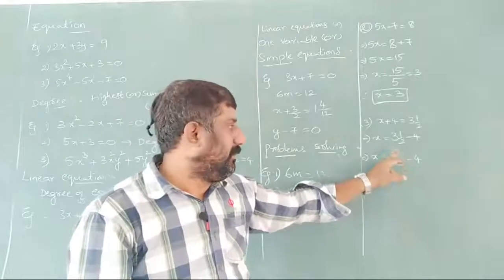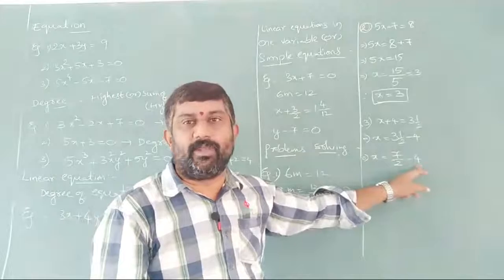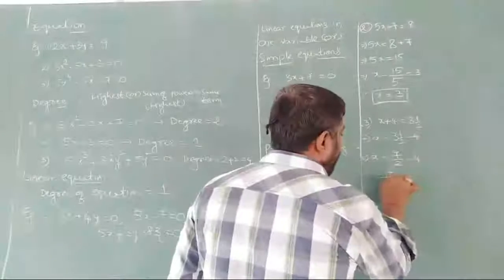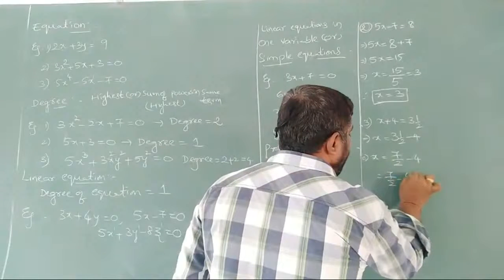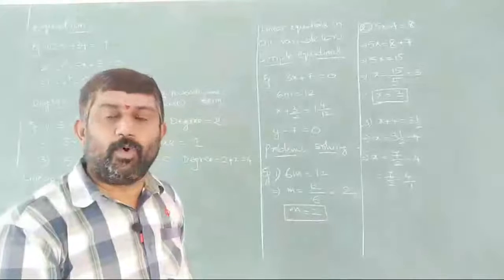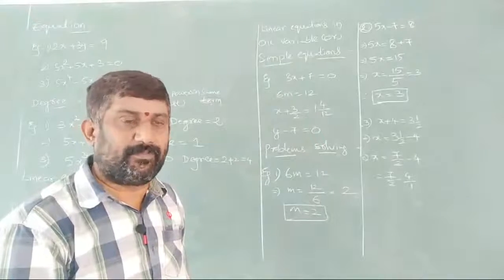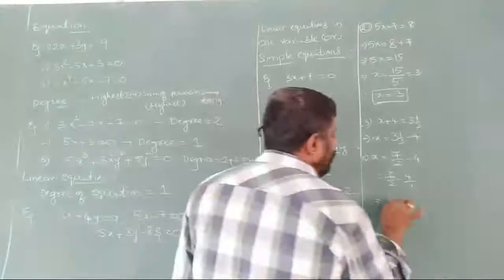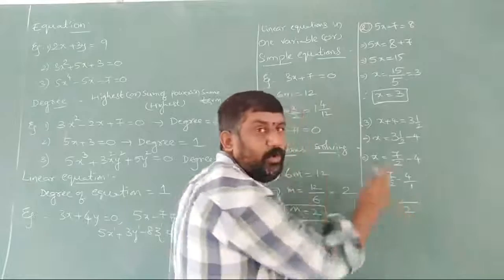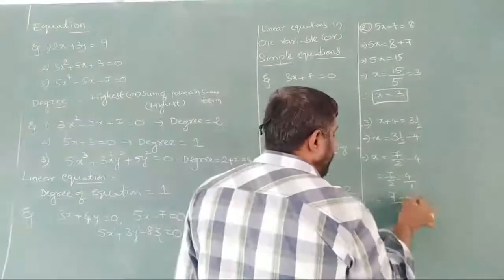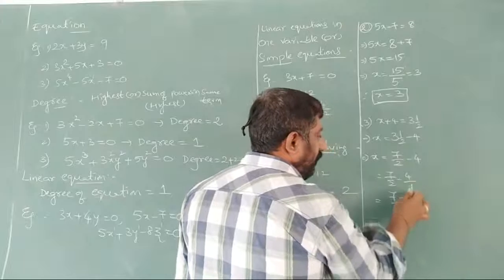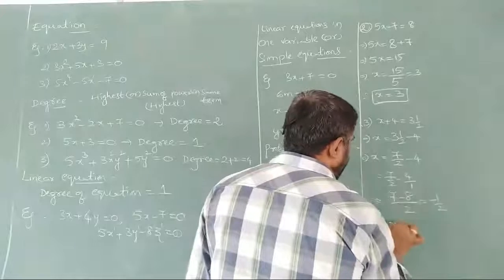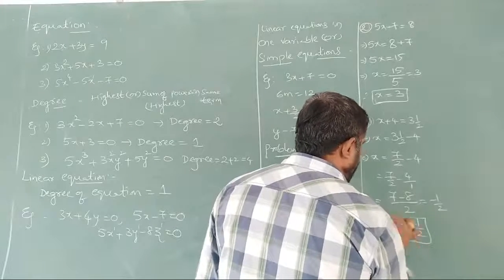We are doing a fraction minus a whole number. Of course, a whole number we can write as a rational number also. Because whole numbers are a part of rational numbers, 4 can be written as 4 by 1 also. Now take the LCM. LCM is 2. In the 2 table it will go only one time. So 1 sevens are 7, minus, in 1 it will go 2 times, so 2 fours are 8. The answer is going to be minus 1 by 2. So therefore x can be written as minus 1 by 2.